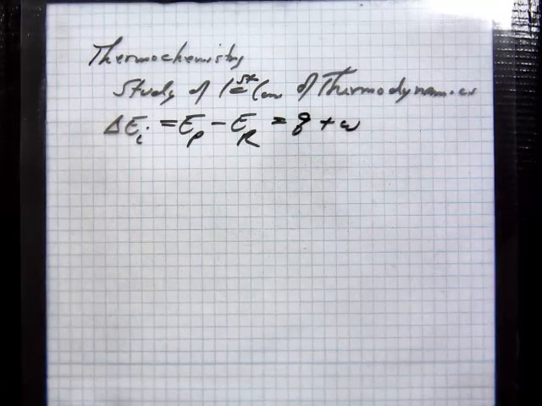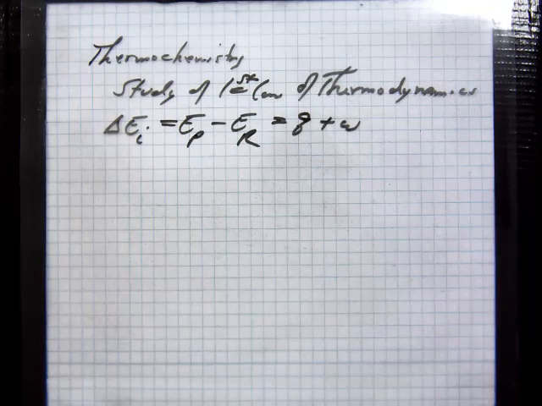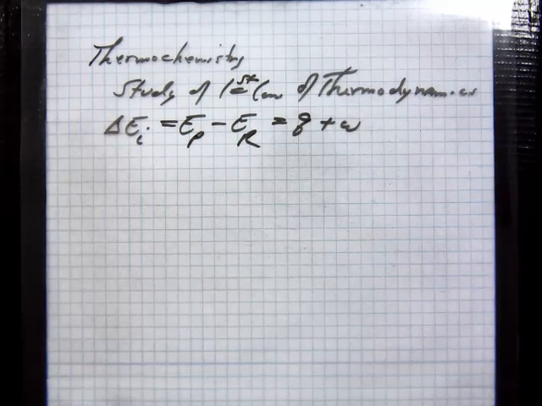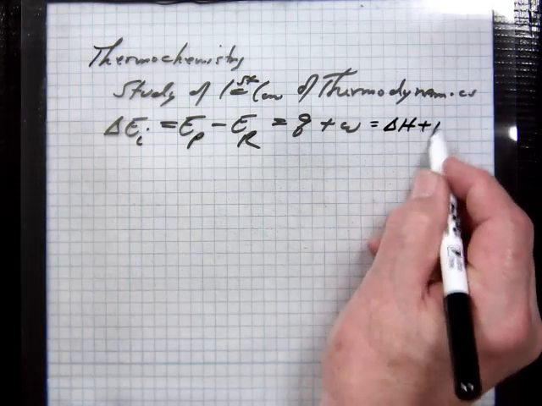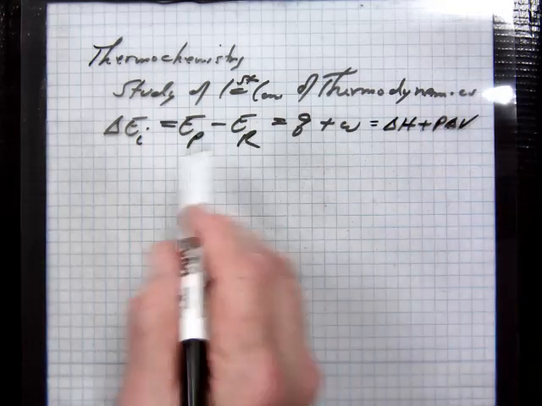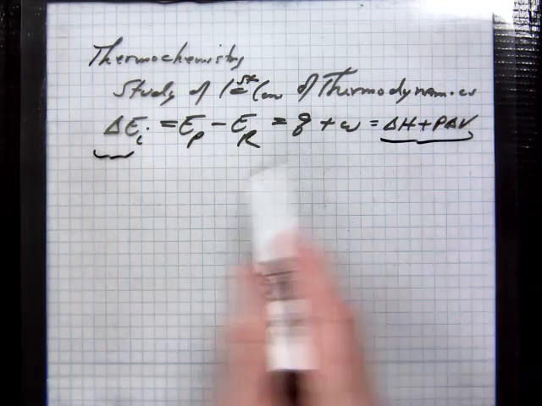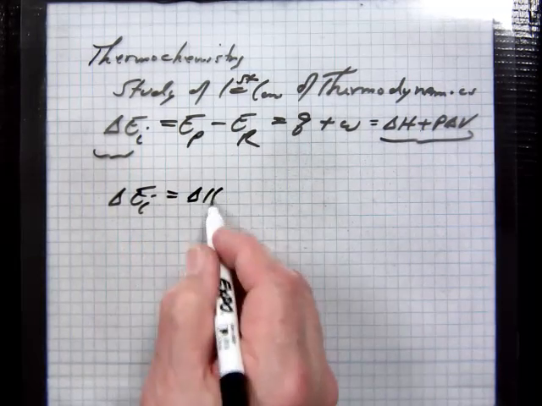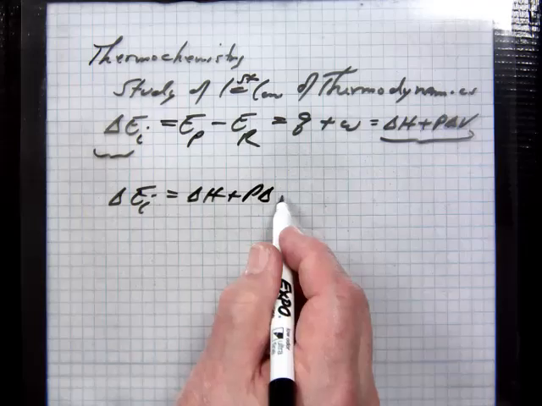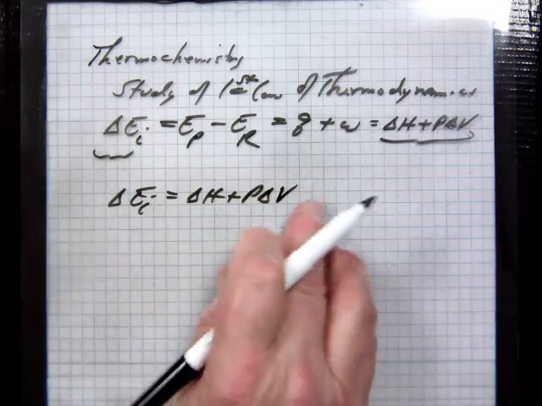So in thermodynamics, the first law deals with determining the change in internal energy of the system, which involves the chemistry and physics of the system, as well as the state of existing, solid, liquid, gas. And this evolves to delta H plus P delta V. Well, the internal energy in this form, let me put that in the middle.